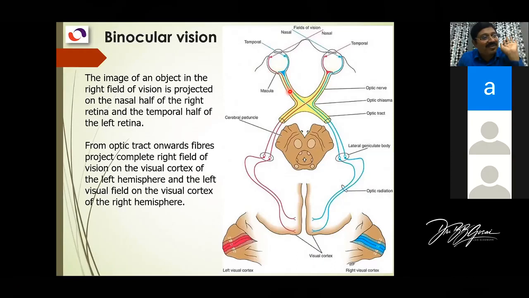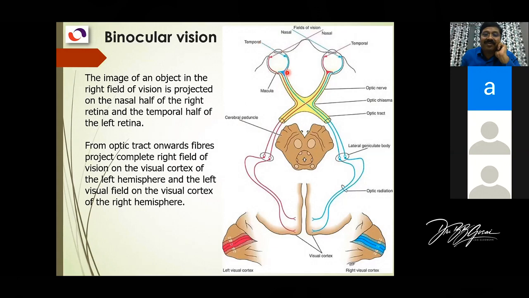This is the optic nerve. If this optic nerve is cut, whatever is the circle for me will be blind. Okay, so this particular circle is blind. So that is what is meant by total blindness if the optic nerve is damaged. Okay, so this particular one is the injury to the optic nerve.